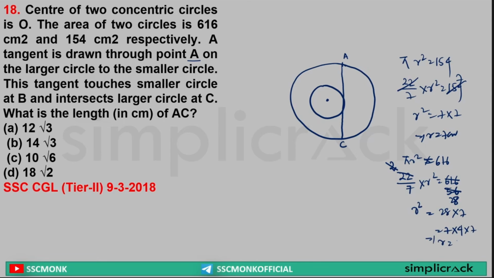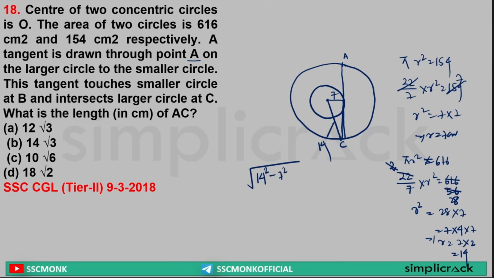So the value of r is equal to 7 into square root of 4, that is 2, that is 14 centimeter. So for the bigger circle, the bigger radius is 14 centimeter. Yes or no? Yes. Now this part is what? This is also the smaller circle radius, that is 7. Clear? Yes. So we have to find out this part, that is equal to